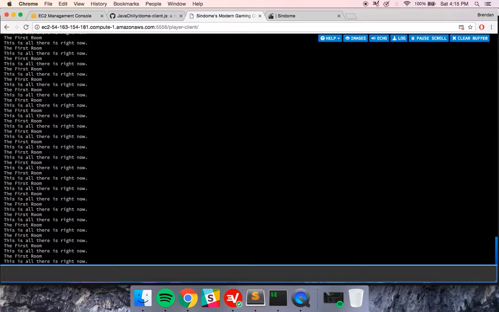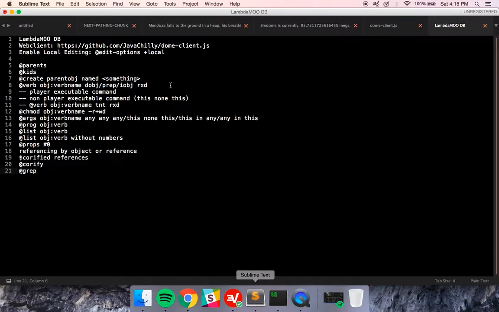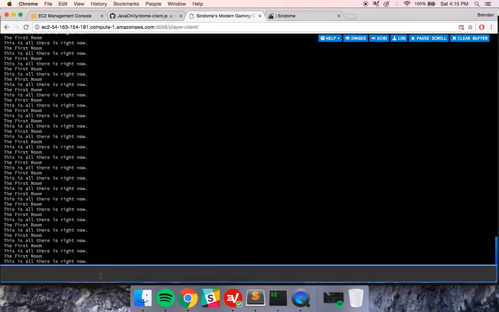It used to be that you'd have to edit the verbs that you're using on your objects in the game itself, which could be a bit cumbersome and hard to figure out. So I'm going to walk you through how to do that, because I think everyone should know it, and I'm also going to walk you through using the web client to do those things. So let's see. First things first,